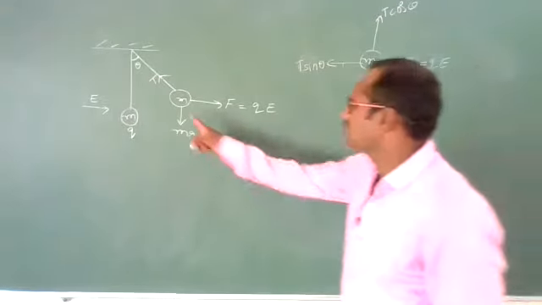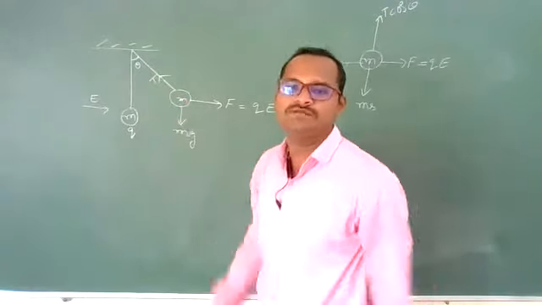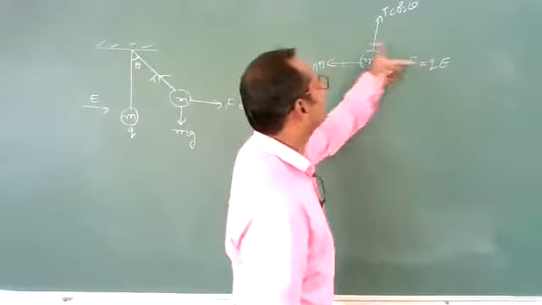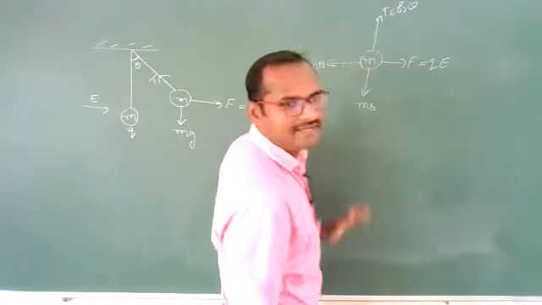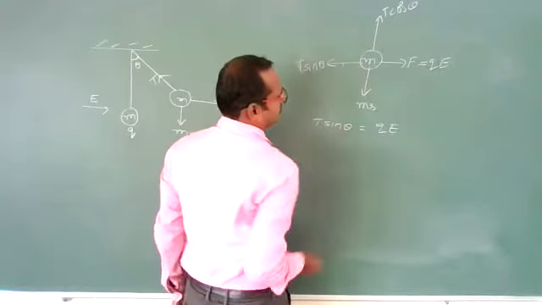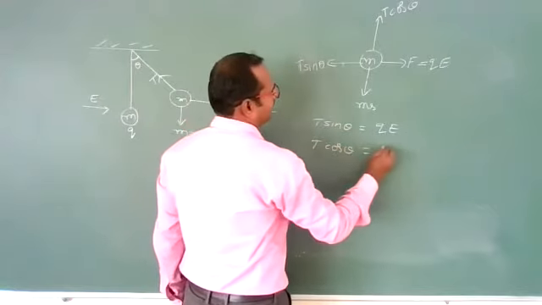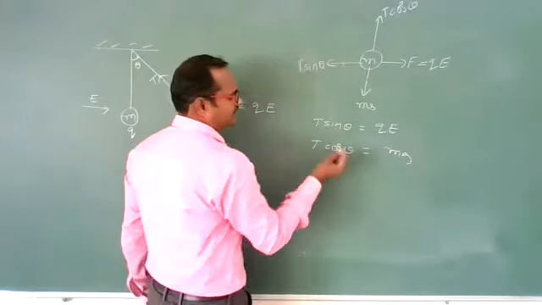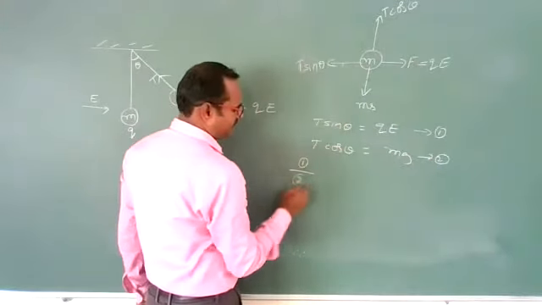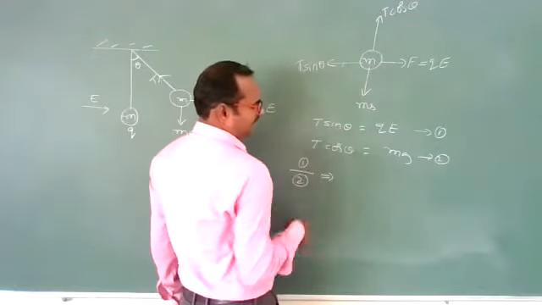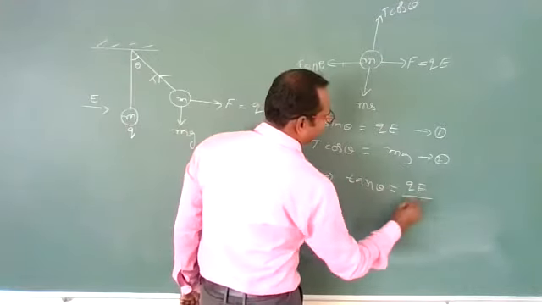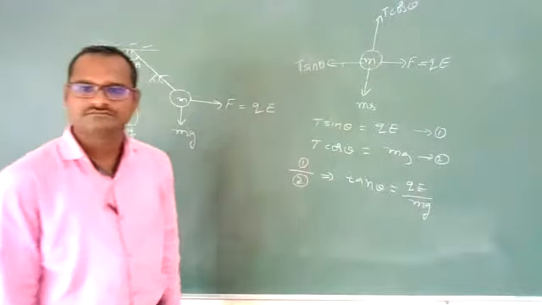Now, because this spherical object of mass m is in equilibrium, it will be at rest, let us suppose. Then along the x direction forces will balance and along the y direction also forces will balance. So you can write T sin theta is equal to QE, the electric force, and T cos theta will be equal to mg. Then if you divide equation 1 by equation 2, T cancels, and you will get sin theta by cos theta, which is tan theta. Tan theta is equal to QE by mg.